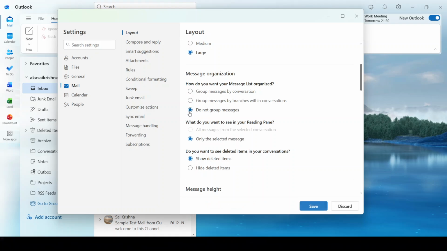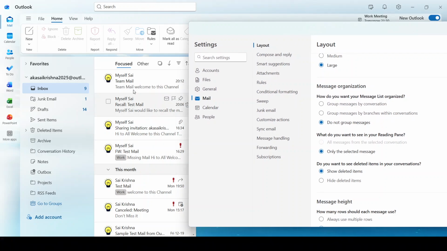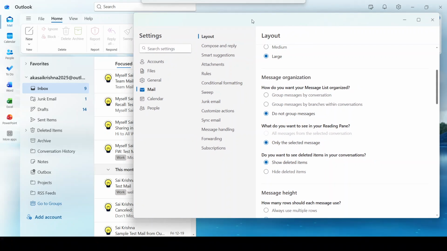Choose Do Not Group Messages to display each email individually. In some versions, you'll see a checkbox labeled Show Messages Arranged by Conversation in each folder. Uncheck that option, then click Save. Once you save, your inbox will refresh and you'll see messages listed separately instead of threaded together. If a folder still looks grouped, switch to that folder and check its setting, since some conversation options can apply